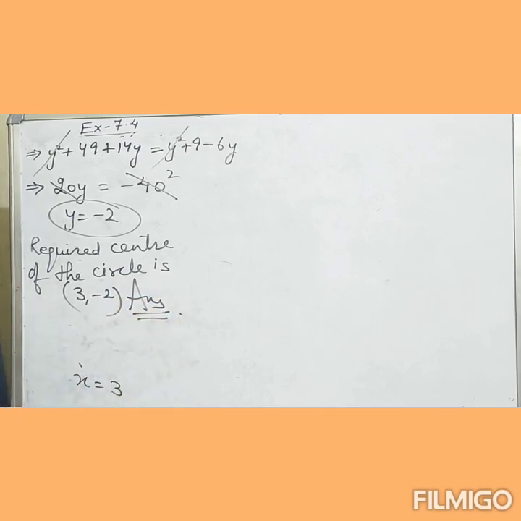Okay, so the question was a little bit longer but easier. You just have to apply the condition that the radii of the circle are always equal. So you'll make 2 equations from them, and by these 2 equations you'll get the values of x and y one by one and solve it, and at last you'll get the answer as 3, minus 2.